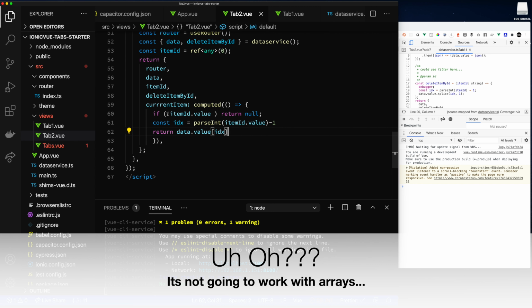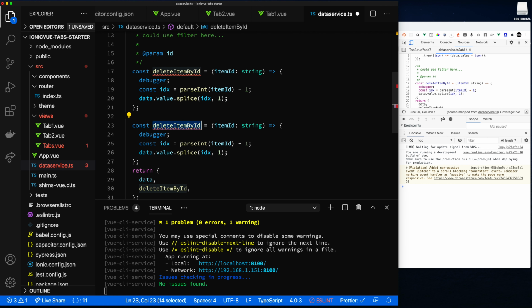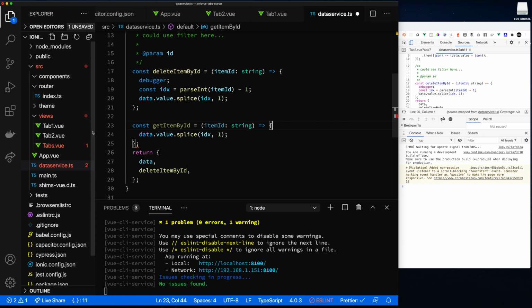So let's just actually make another function on here. Delete item by ID. Let's make another one. And we're just going to have to use an array. Get item by ID. Set the item ID. And we're just going to do this, data value, which is the array,